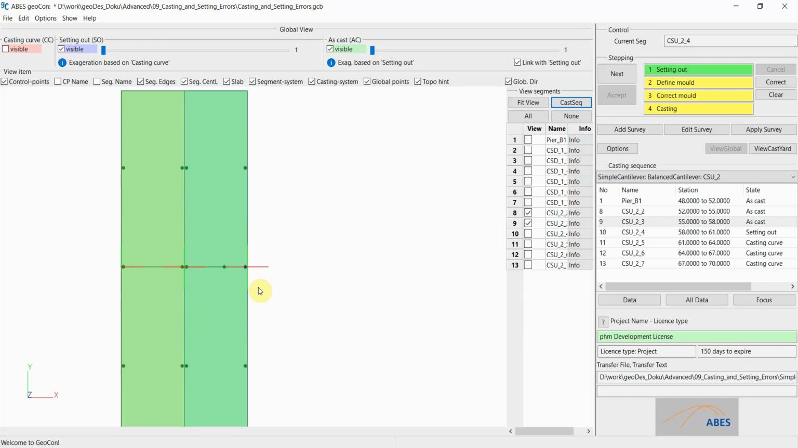Of course, geoCon will record the new location of this marker. It's now cast in concrete, and it will use the new location, the as cast location, for all subsequent operations. Has nothing to do with the shape of the new segment, and everything to do with the location of the control point marker. If we look at the numerical data again,